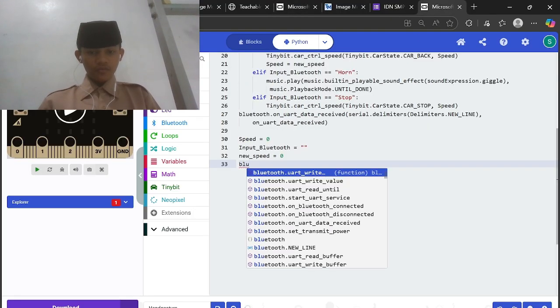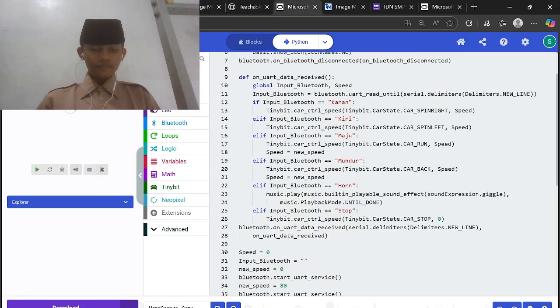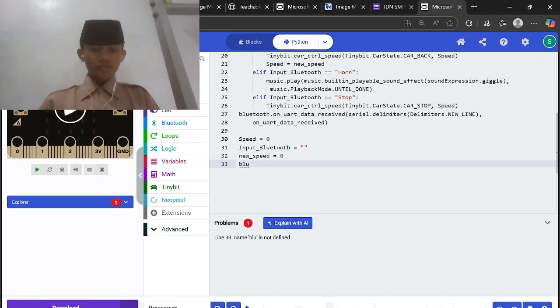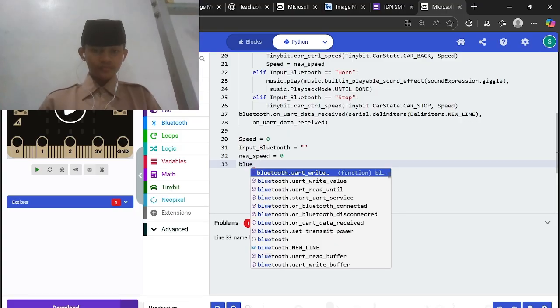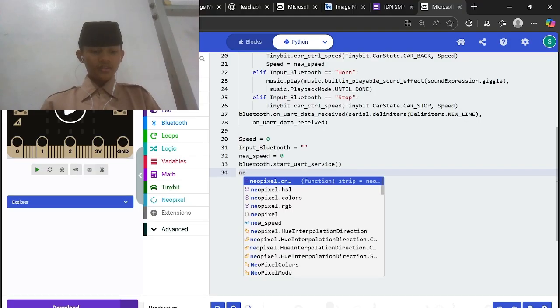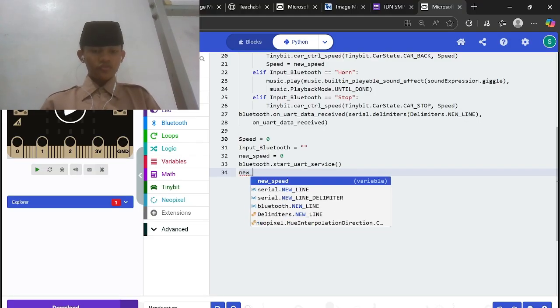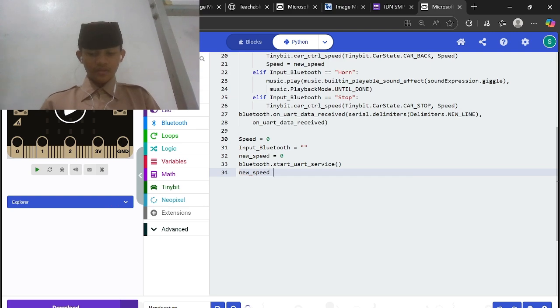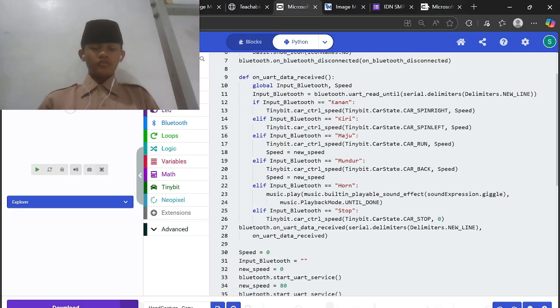That we make get Bluetooth word service again. Bluetooth start again. Word service. Then new speed again. New speed 0. New speed 80.